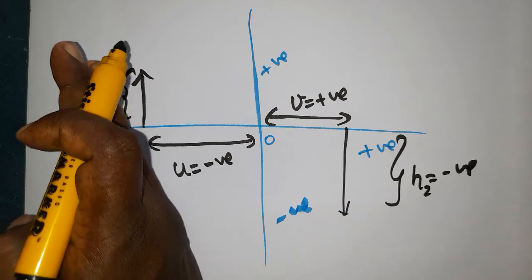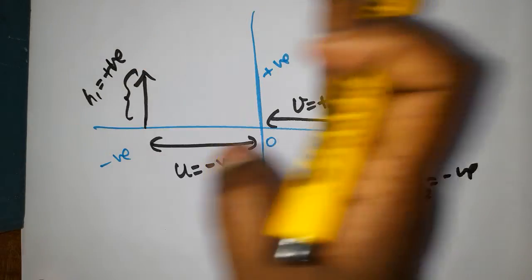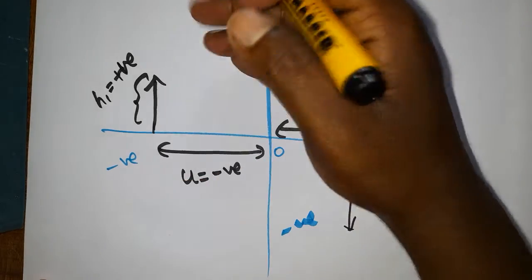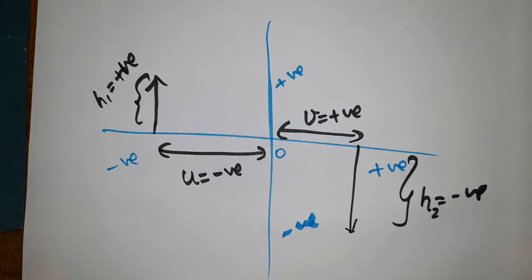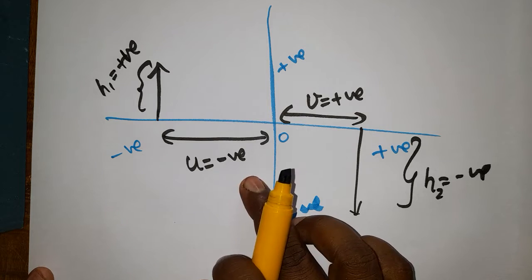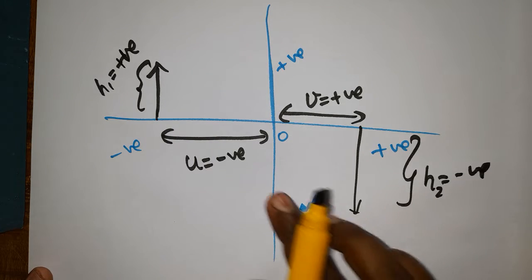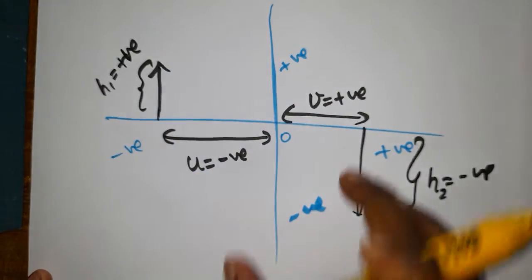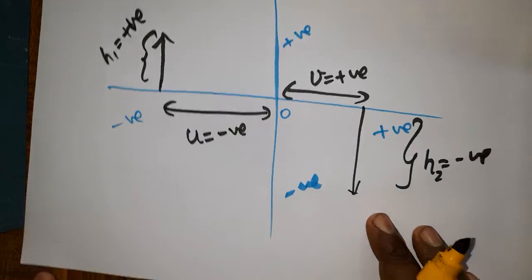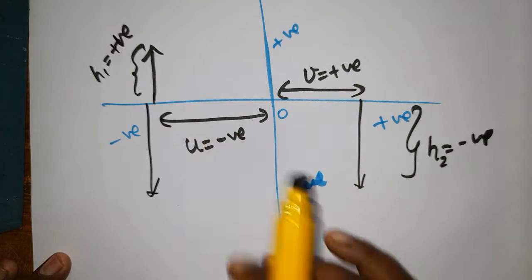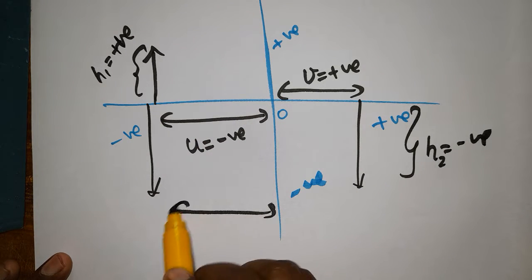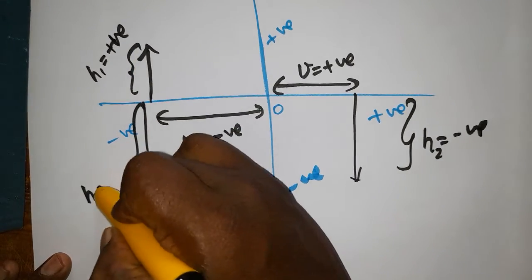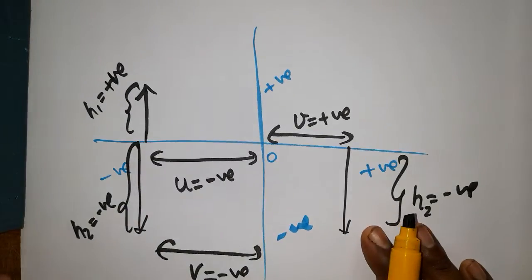The pole is the origin, 0. Left of the pole is negative, right of the pole is positive. Above the origin positive, below the origin negative. Object distance is always negative. For this case object distance is negative and image distance is positive. In case the image is formed here, image distance is negative, because it is left of the origin, and image height also will be negative. It all depends on where it is formed.